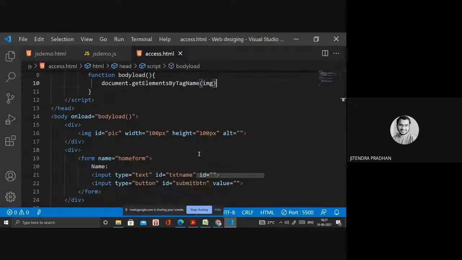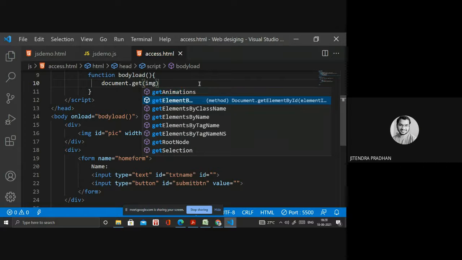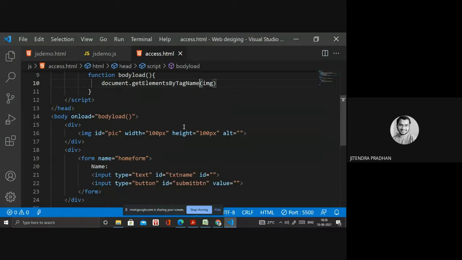Wait, I will write it as getElements inside that. Yeah, it's getElements. Okay, sir, it's getElementById. It's not getElements. It's getElementById, and in that we have getElementsByTagName. Okay.